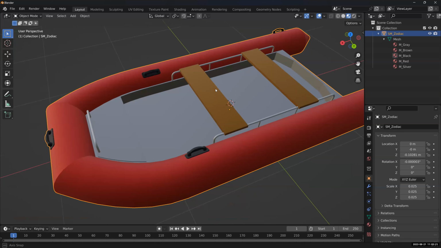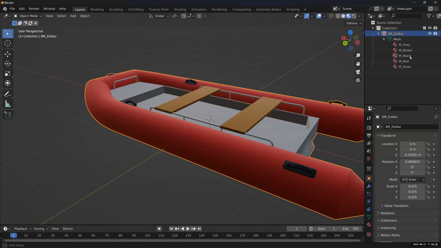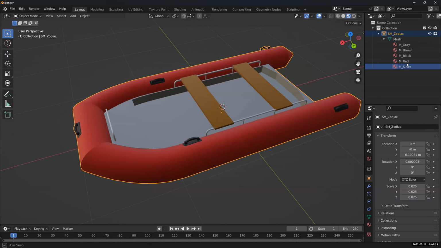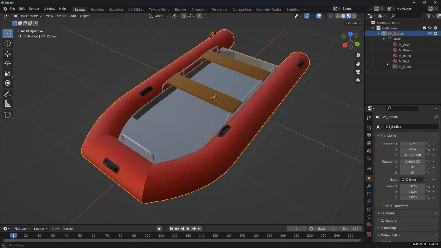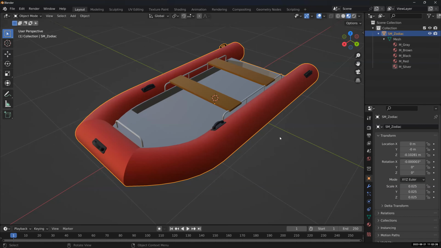So if I were to bring this into Unreal Engine, what will it become? I've got this black color here. So I've got gray, brown, black, red, silver. These are the parts. I wouldn't name it like this. I like to name it by the parts. If this is the pontoon, you say M_pontoon or whatever. Because in Unreal Engine, you don't know what M_gray means. Then you've got to click it and find it. Waste of time. So you'd rather name it using the parts.